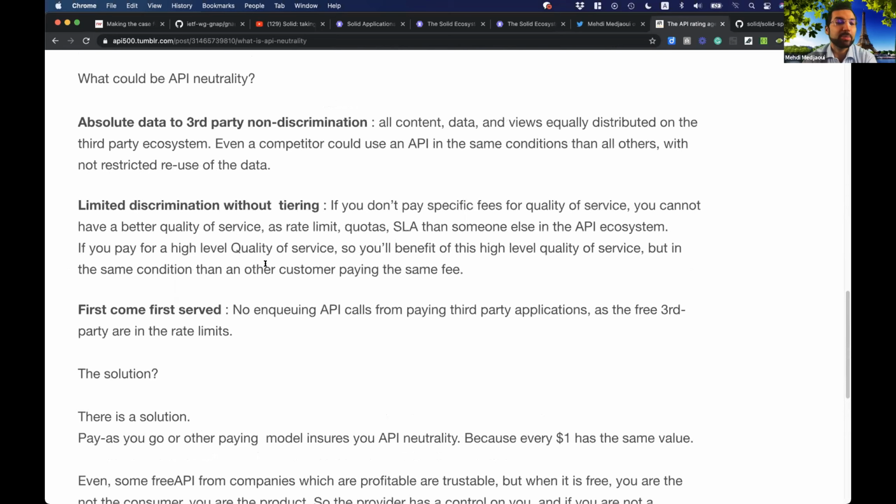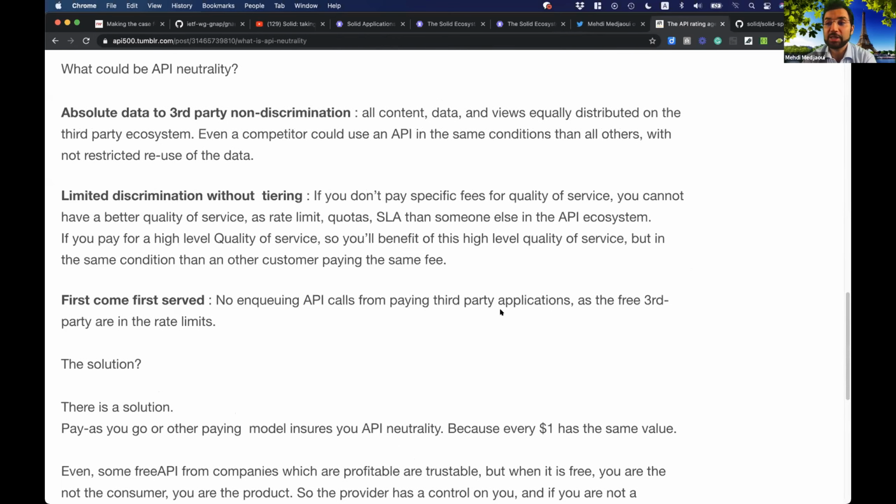So the concept of API neutrality would be for companies to claim, before regulation comes into the game, to say, look, we guarantee that our APIs have no gatekeeper. We allow everybody to use our APIs. Just as an example, AWS, Amazon Web Services, has a no gatekeeper policy. So unless you do really weird stuff, they allow even competitors to be on AWS. You pay and that's fine.